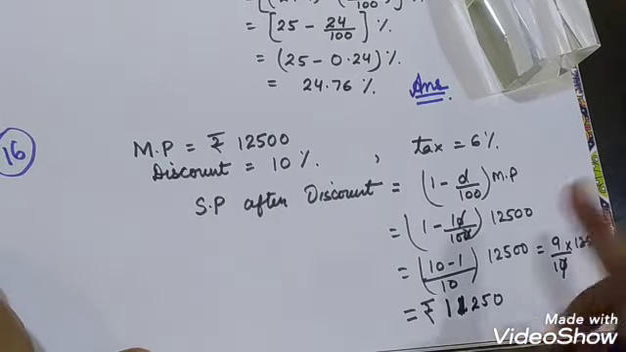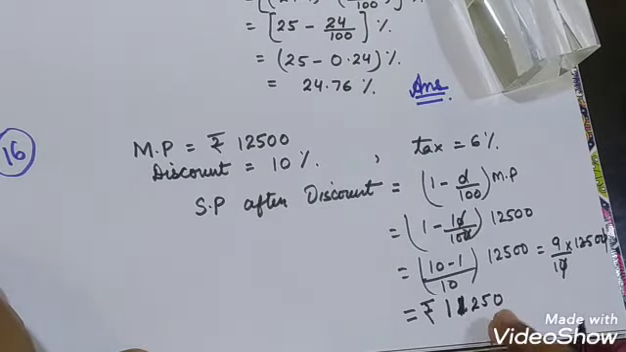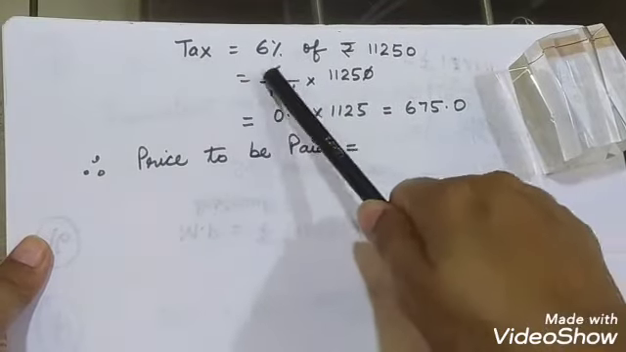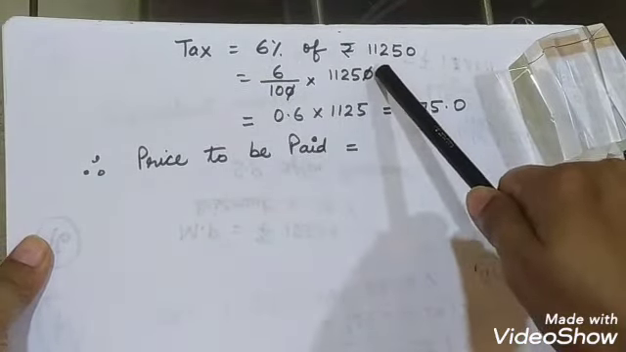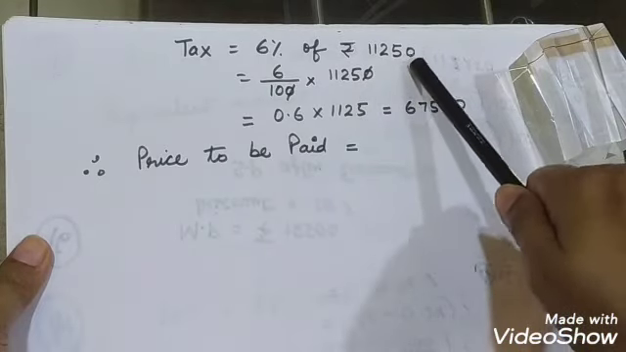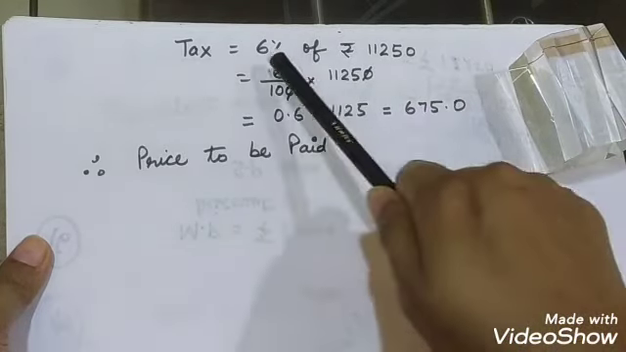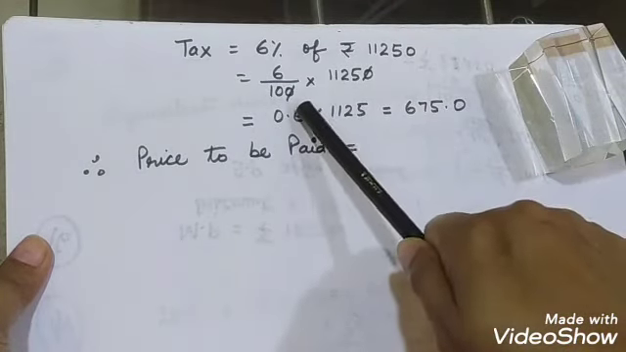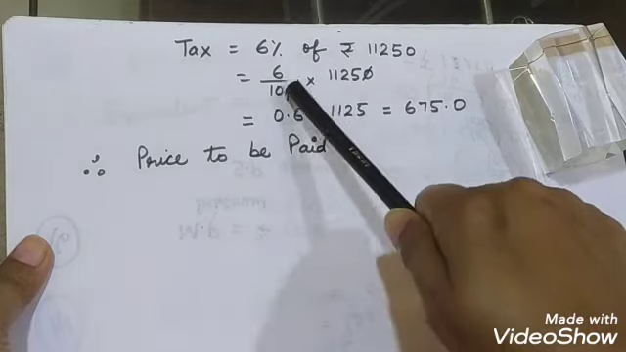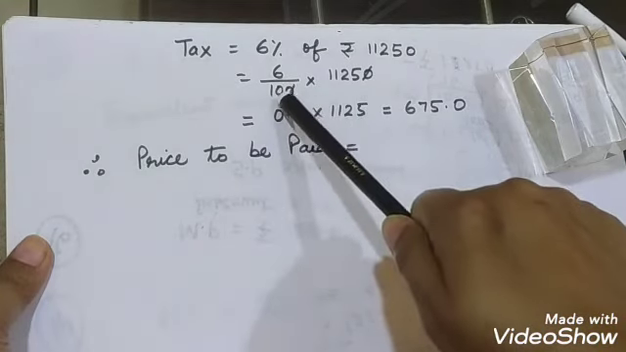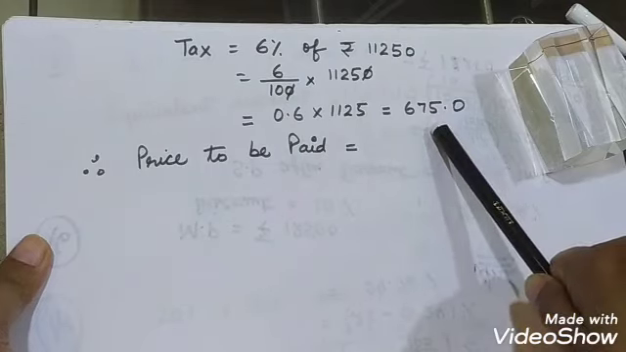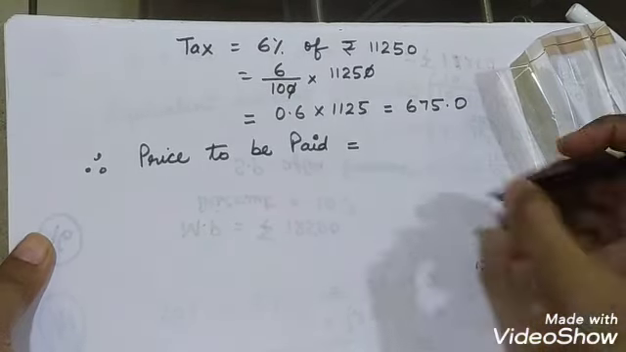Now tax is charged on this. So I have written that tax is equal to 6% of rupees 11,250, because this is the price after discount. So tax is charged on the price after discount. So 6% means 6 upon 100 into this. 0 0 cancel each other. 6 upon 10 means 0.6 into this. When you multiply, you will get this. So tax is rupees